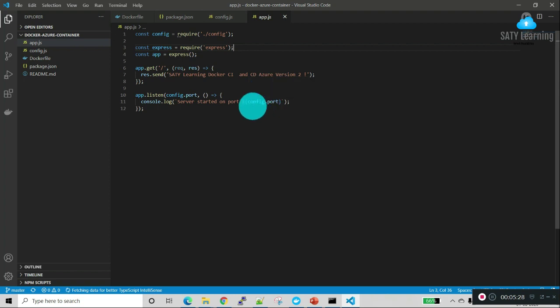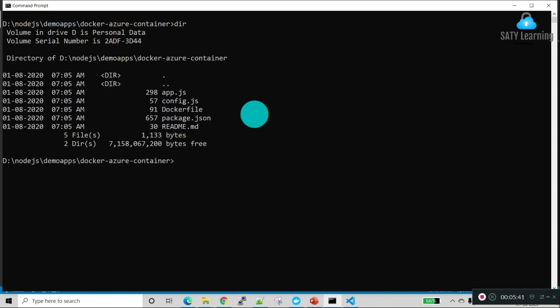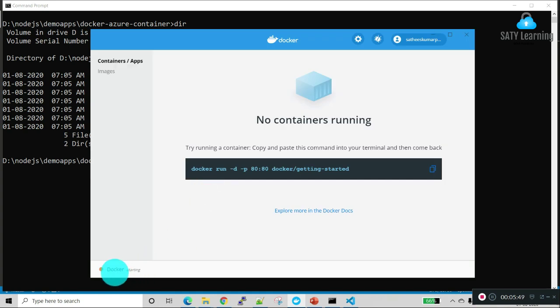Let's go and run this application in our Docker, then we will deploy in Azure. We have the files here. Before that, we need to ensure Docker is running in our local terminal.